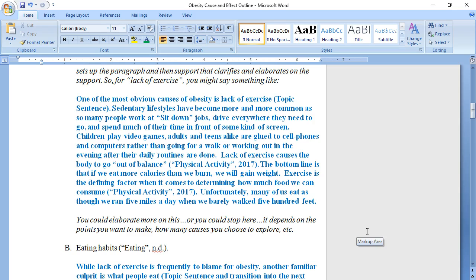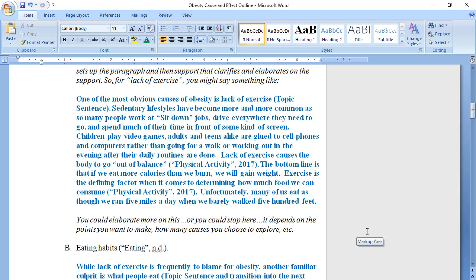Sedentary lifestyles have become more and more common as so many people work at sit-down jobs, drive everywhere they need to go, and spend much of their time in front of some kind of screen. Children play video games, adults and teens alike are glued to cell phones and computers rather than going for a walk or working out in the evening after their daily routines are done. Lack of exercise causes the body to go, quote, out of balance. That came from Physical Activity,